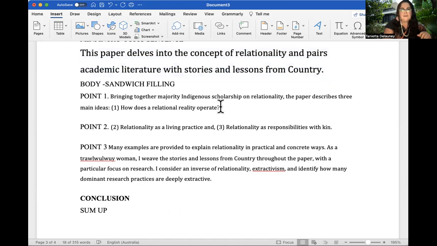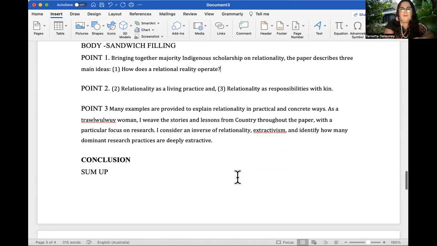And she's got in there bringing together the majority of Indigenous scholarship. The paper describes three main ideas, blah, blah, blah. So that's her point one. Her point two is this and this: relationality as a living practice and relationality as responsibilities with kin. Now, if you look through her paper, she targets each of these things and expands on them really big in her paper. And then her third point